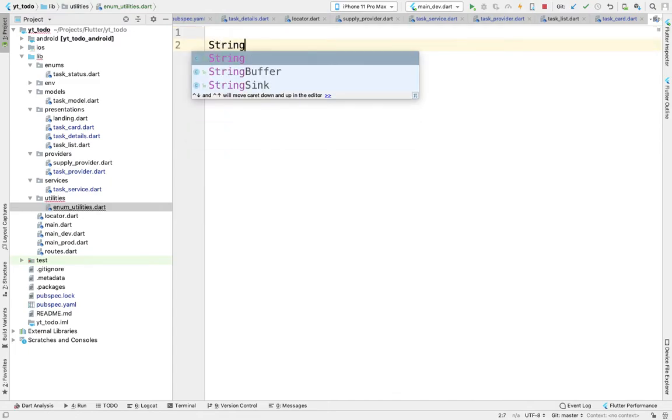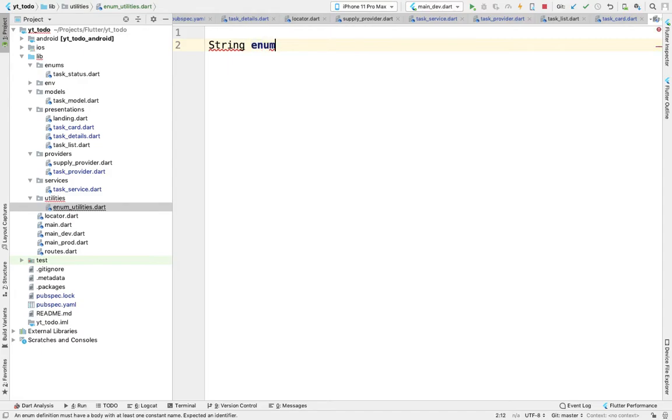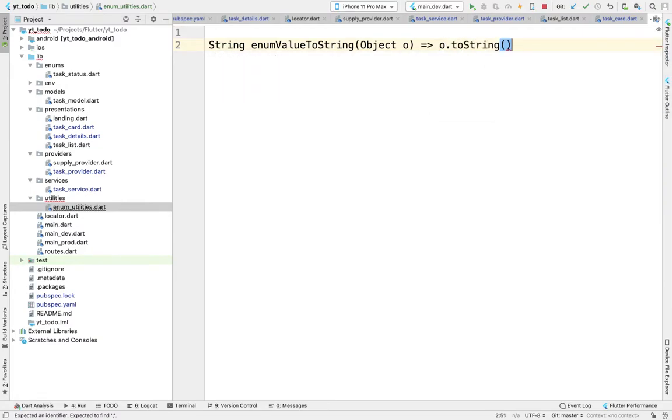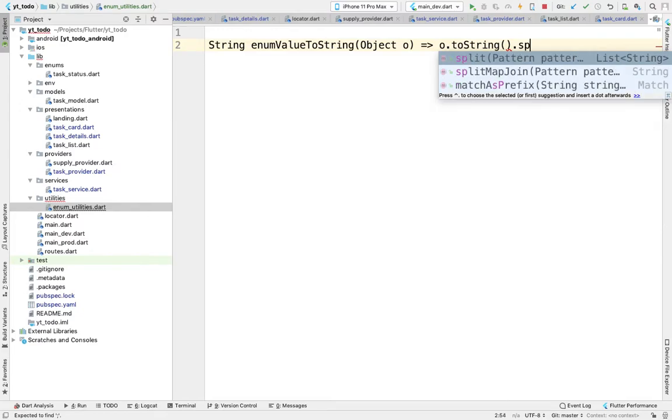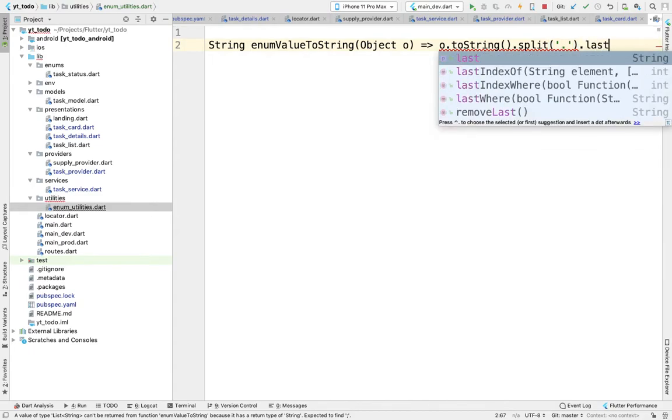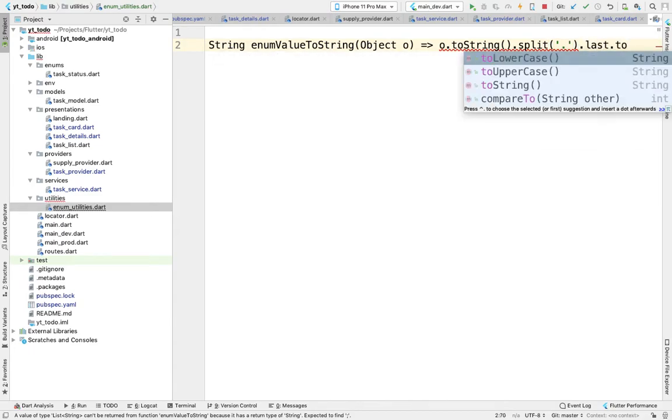First will be string enum value to string, and this will take an object o, and it will return o dot to string dot split at a dot, last dot to lowercase.